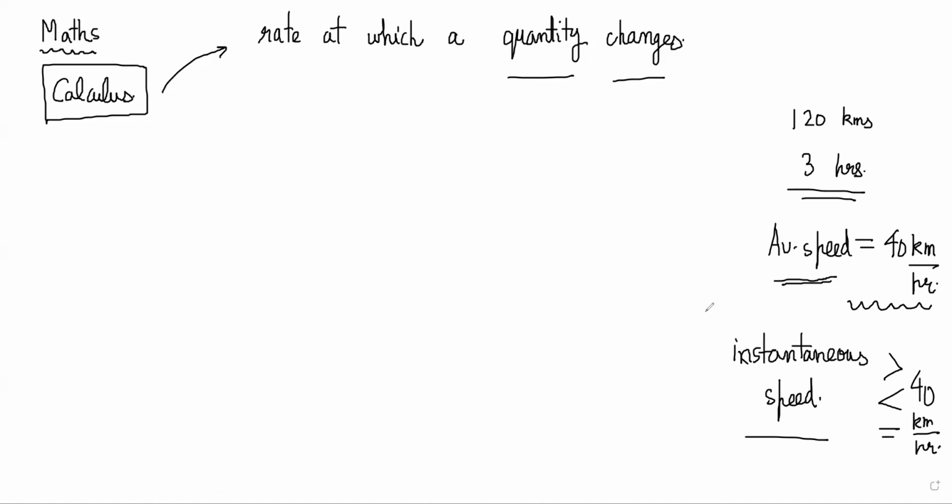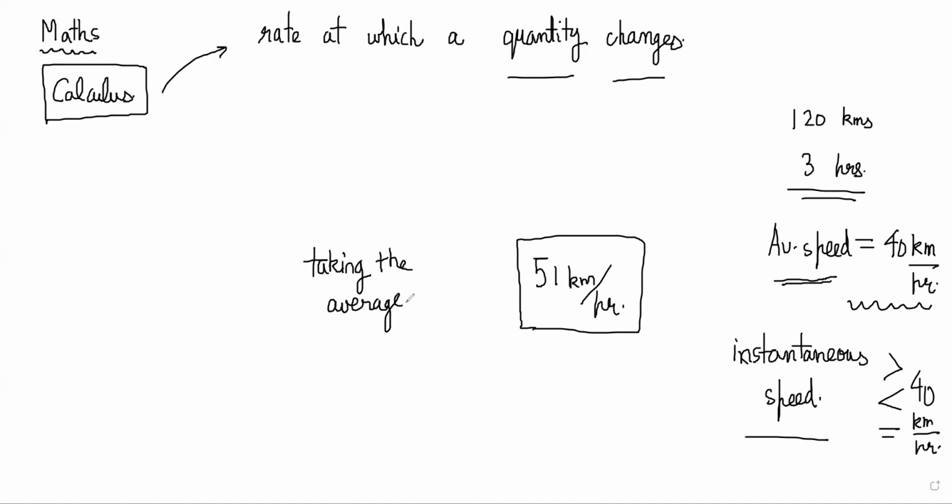Correct? Yes. So the point is that if you want to know how fast the car is moving, then you have to do something else, which is basically look at the speedometer. Yes, sir. But what you will realize is that even the speedometer is actually not really giving us the instantaneous speed. When you look at a speedometer and it shows 51 kilometers per hour, what the speedometer is doing is not really doing calculus. It's not doing calculus to find the current speed. What it is doing is taking the average